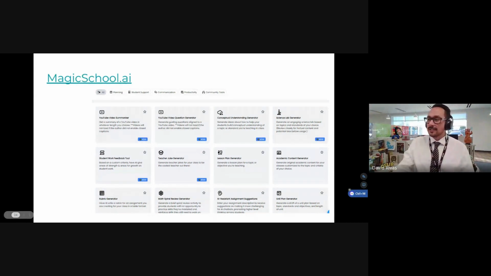Time saving, right? Also has a PBL generator, a science lab generator, which I haven't played with, but if any of the science teachers out there play with that, and you want to let me know what you think of it, thumbs up, thumbs down, or sideways, let me know. I'm really interested. The lesson plan generator is pretty good. It's almost just like asking Claude or ChatGPT, like, can you write me a lesson on this topic with these kinds of activities? It's about the same kind of